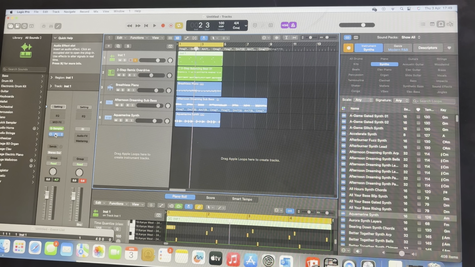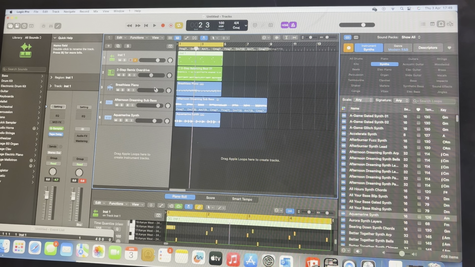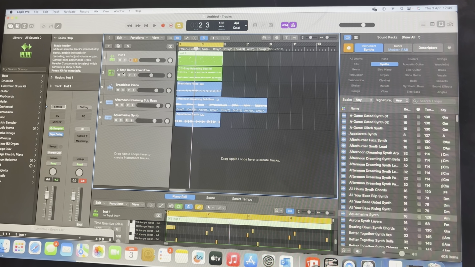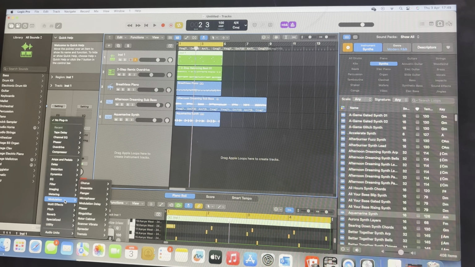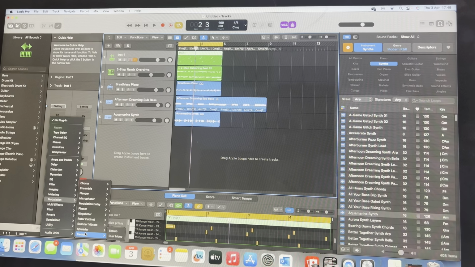So that's what tape delay does, and you can use this on almost anything. It doesn't have to be a vocal sample. You can use it on piano, bass, synth, whatever, but today I'm using it on my vocals for a song I am creating. The next thing I'm going to try is tremolo, which can be found under modulation,